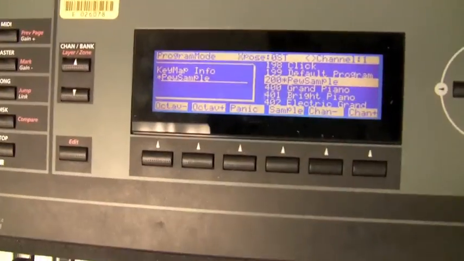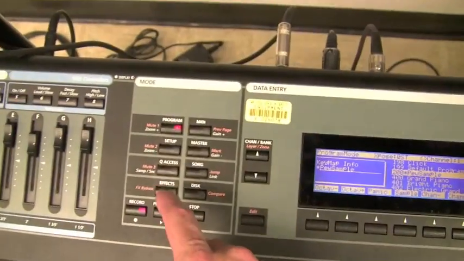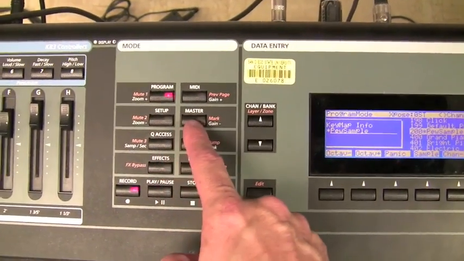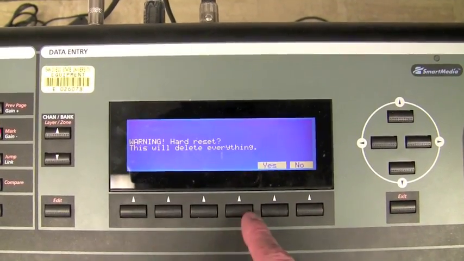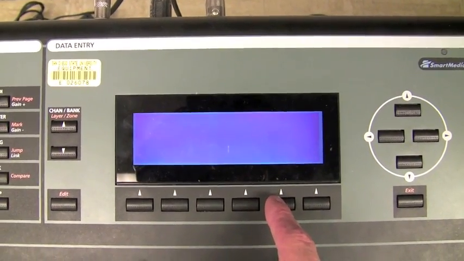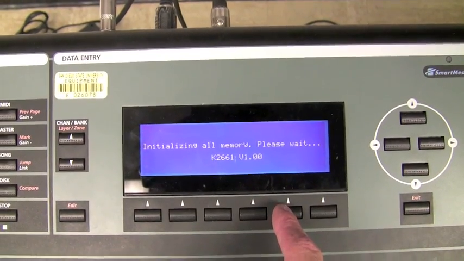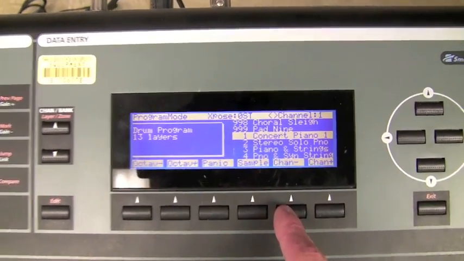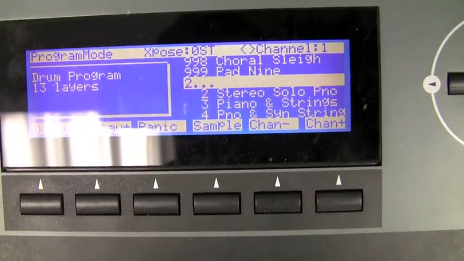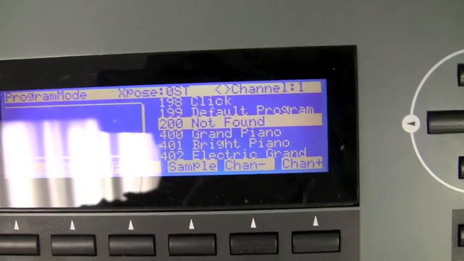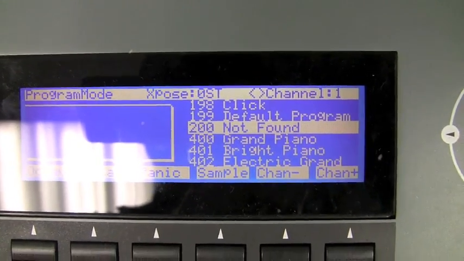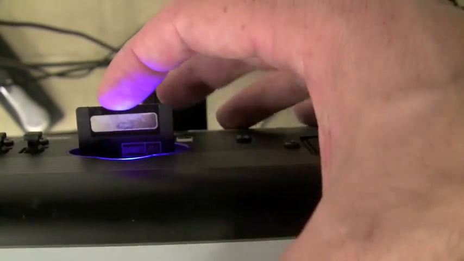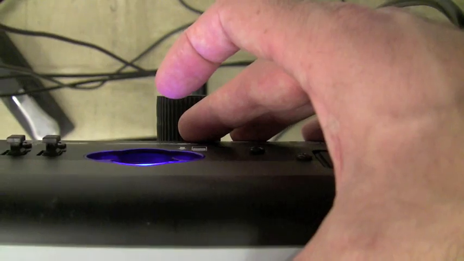Now imagine you had just reset this thing. You had just gone over to Master, 2, Reset, Yes, Yes, and you come in with a blank keyboard. It's got concert piano there. If I go to 200, not found. There's nothing in there. So we don't have our pew sample anymore. So what I'm going to do is go to the back of it, stick in our disk,